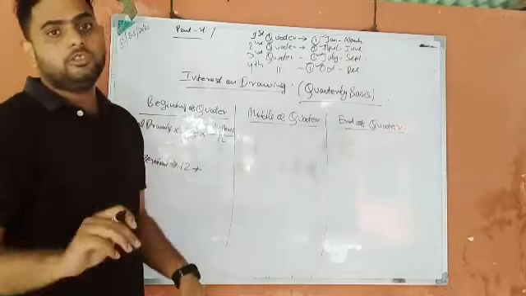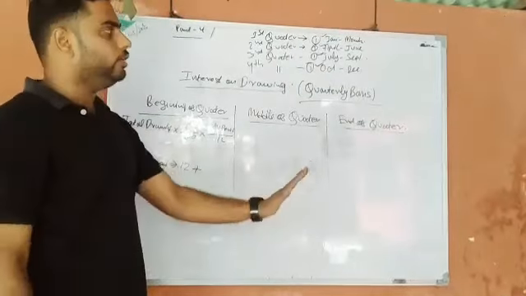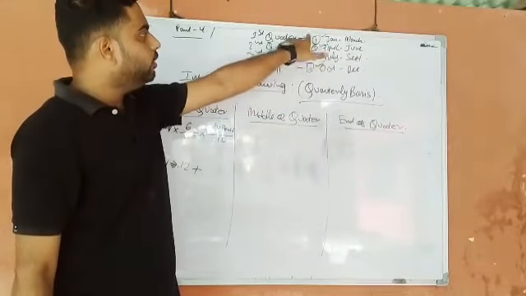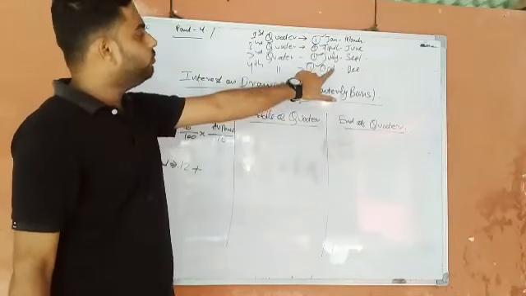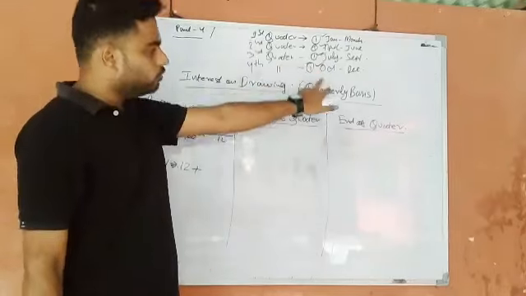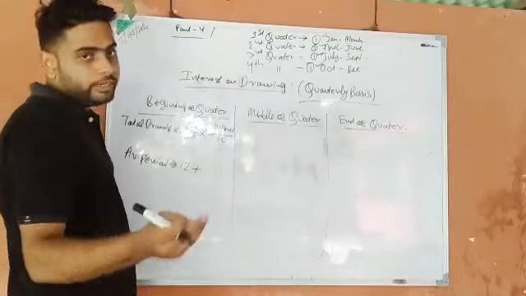And date of last drawing will be what? 1st October. Why? Because it is beginning, not ending, and it is in quarters. So that's why beginning will be 1st January and ending will be 1st October. So if drawing is there on 1st October, how many months are there? 3 months are there. October, November and December,